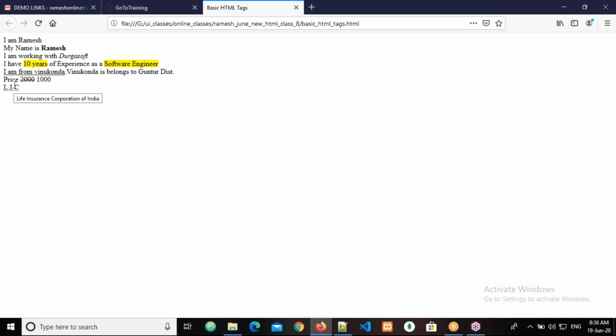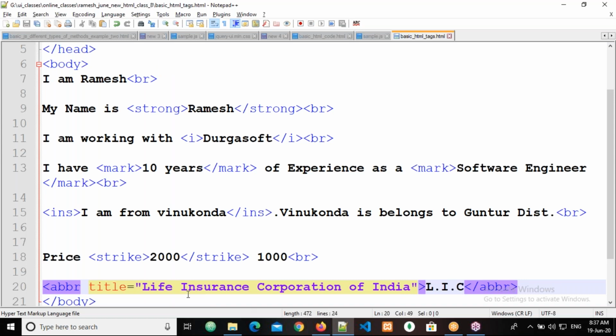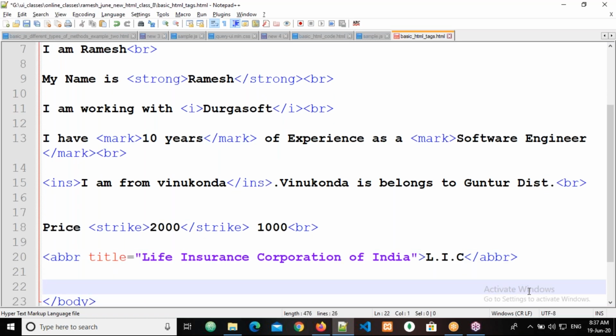So this is how we write the abbreviation tag. That is the advantage of the abbreviation tag. Okay, clear, right?